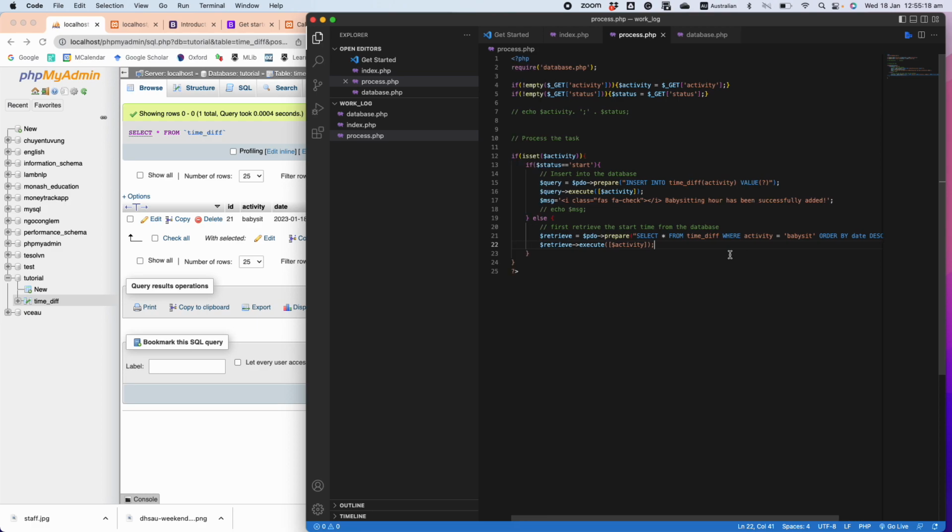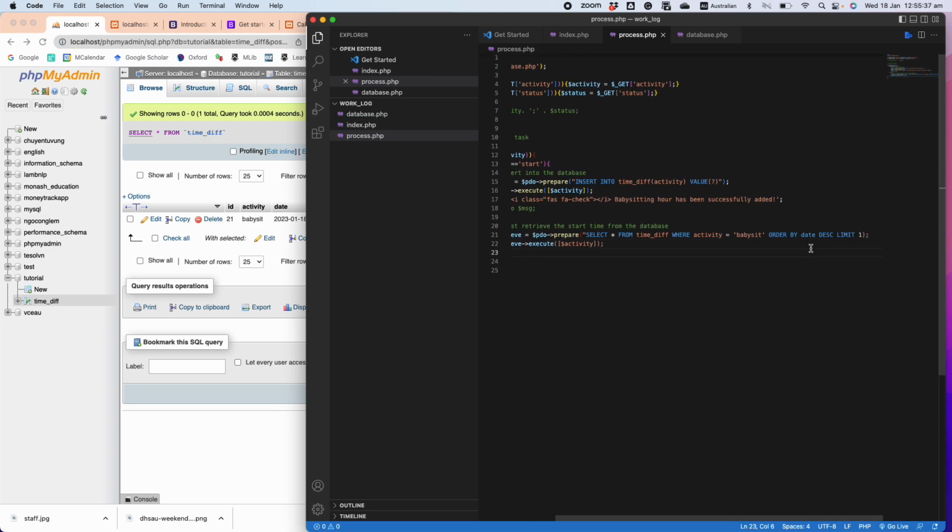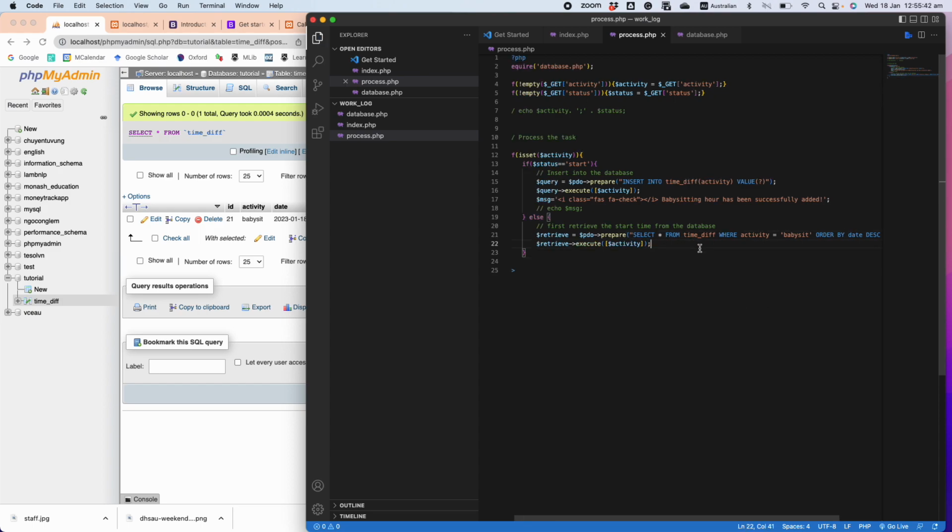Alright, there seems to be something not right here. Retrieve execute activity. Alright, now after that we're gonna have to use retrieve and then fetch. Now I will name it previous time